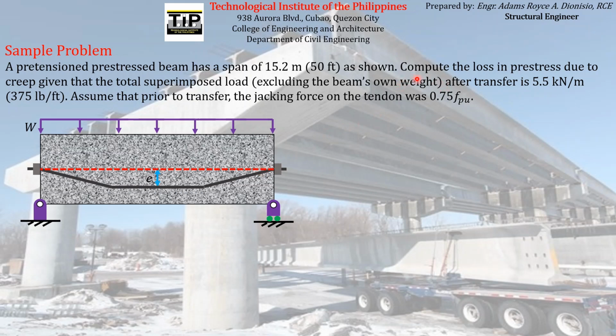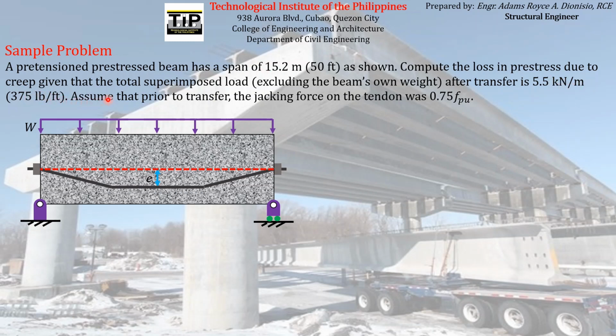So the question asks for the pre-stress loss due to creep, given that the superimposed load, excluding the beam's own weight, obviously, because these are just the superimposed load. So when you say superimposed, these are loads other than the self-weight of the member or the concrete element itself. So the total superimposed load, according to the question, after transfer is 5.5 kilonewton per meter or 375 pound per